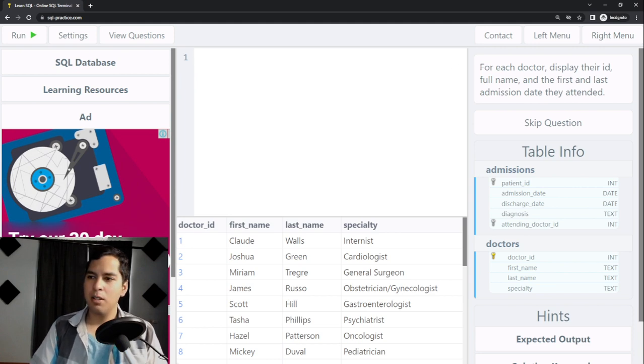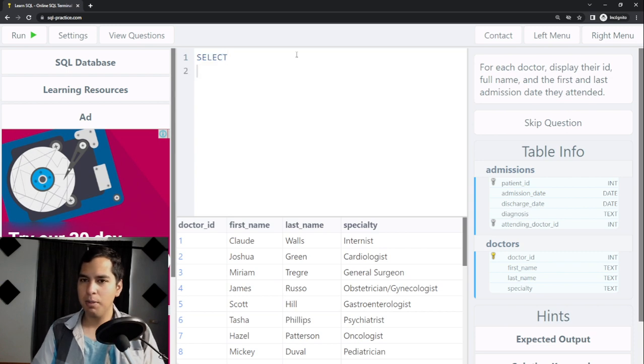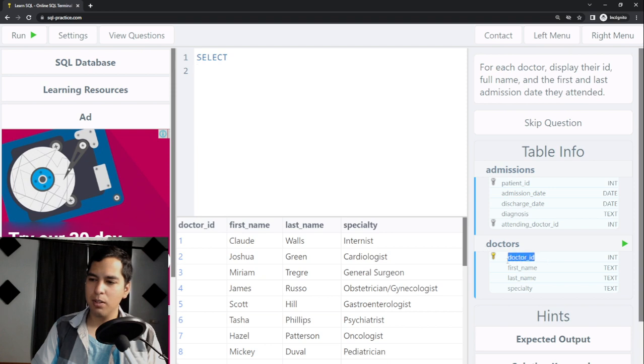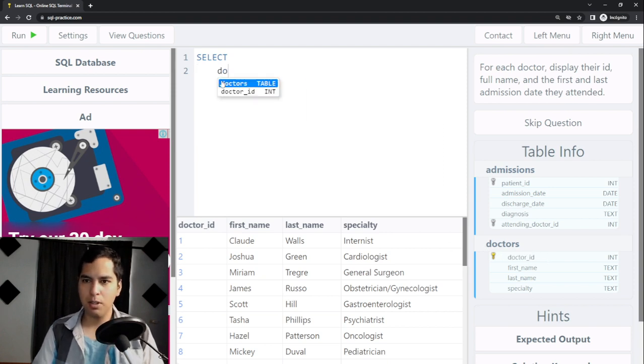Okay, so let's read the problem. For each doctor, display their ID, full name, and the first and last admission date they attended. Okay, so let's break it down. First, it says for each doctor, display their ID, full name, and the first and last admission date they attended. Okay, so first, display their ID. So we can begin by doing that. For each doctor, display their ID. So in the doctors table, I have a doctor ID column, so I'm going to use that. Select doctor ID